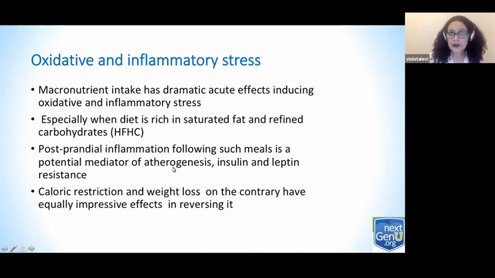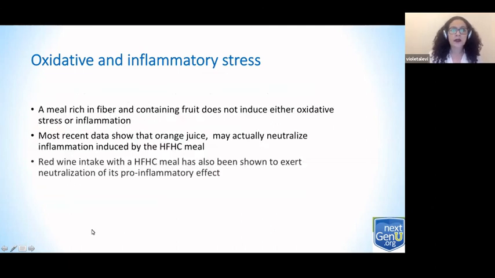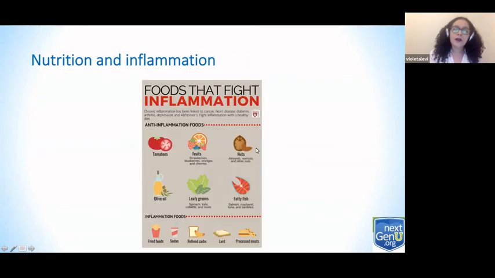You have very interesting articles in the course talking about oxidative and inflammatory stress. I really recommend you to go through them, but this is a summary of that. A meal rich in fiber and containing fruit does not induce either oxidative stress or inflammation. Most recent data show something interesting, that orange juice may actually neutralize inflammation induced by a high caloric, high fat meal. Red wine intake with a high fat, high caloric meal has also been shown to neutralize its pro-inflammatory effects. And there are lots of foods and spices too that have anti-inflammatory effects,